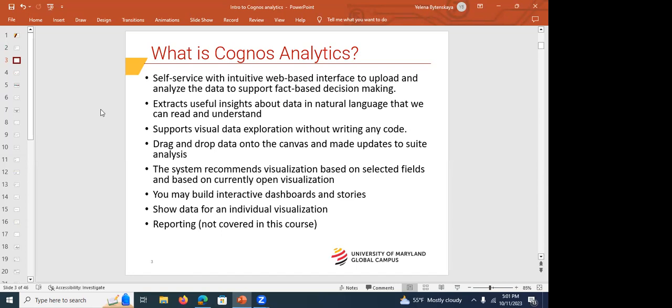What you can do is just drag and drop fields, bang, you got your insights, all right? Then, based on the visualization you're looking at, it's going to recommend suggested visualizations. You may build interactive dashboards and stories, which is going to be the next session topic, right? Then you can see what data is actually being visualized. You can also do reports, but this is outside the scope, but you know that you can do it,